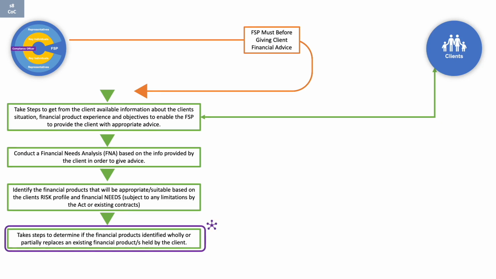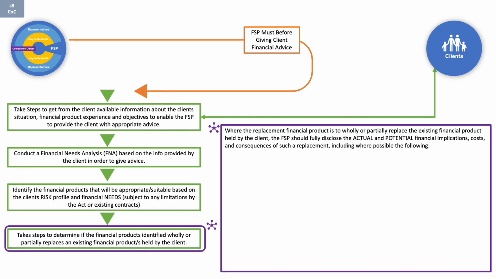Take note that when existing financial products are to be replaced by new financial products, there is some disclosure that needs to be made. So, as mentioned earlier, where the financial product or products held by a client is replaced, wholly or partially, the FSP should fully disclose the actual and potential financial implications relating to costs and consequences of such a replacement, including, where possible, the following: